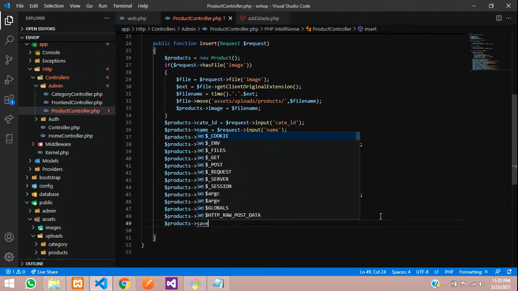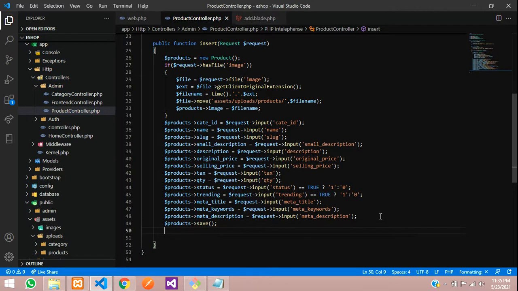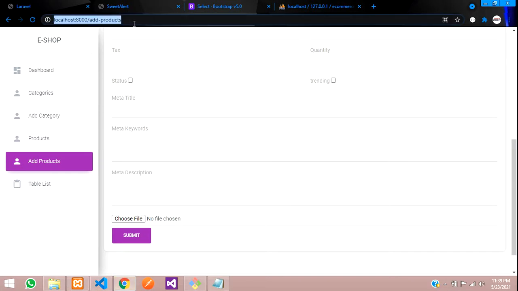Say products of save. Okay, and after saving we are going to say return redirect to the products URL, and with the message say with status, product added successfully. Save. Now let us test the code and refresh,